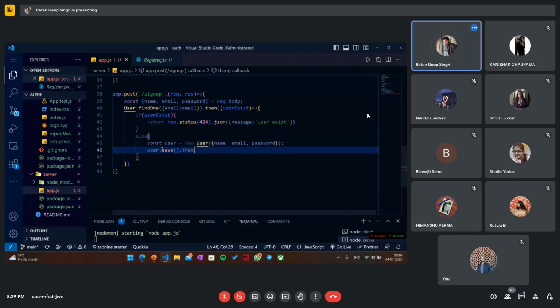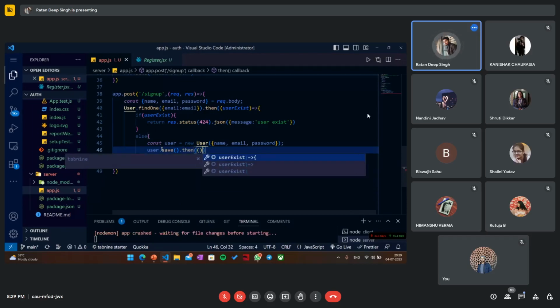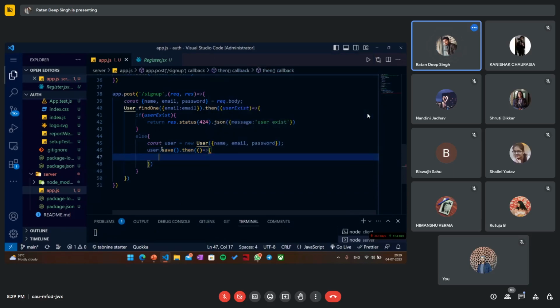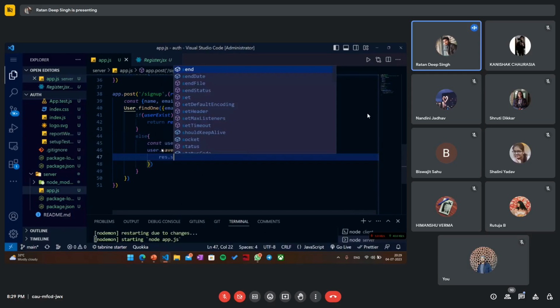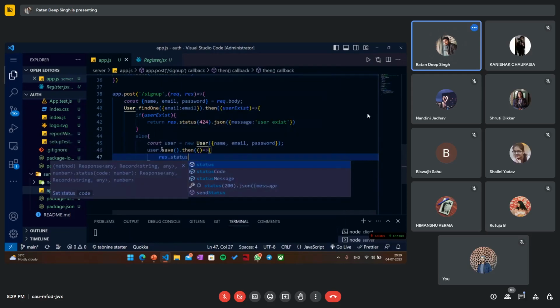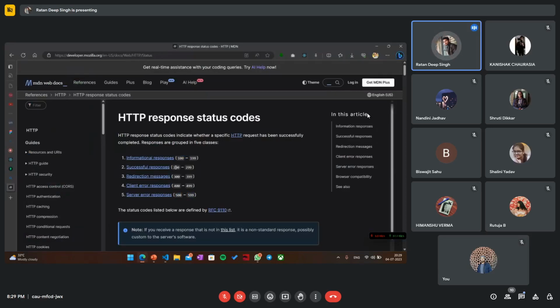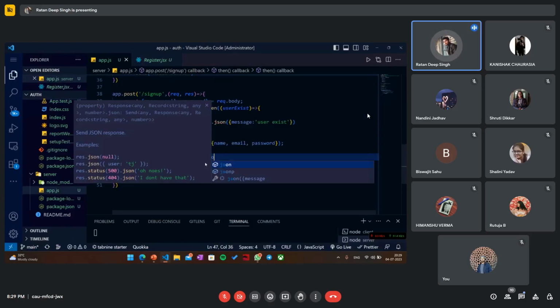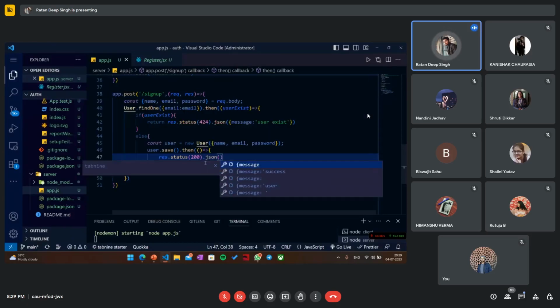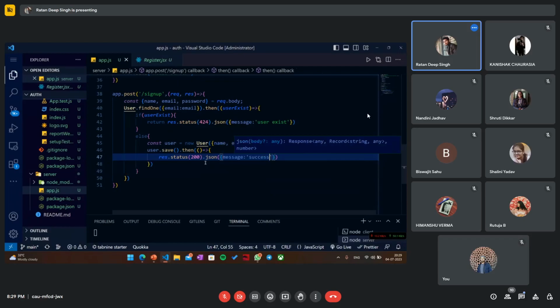So we will go with then, and inside then we will go with the callback function, which will send a response and status 200. We just saw that status codes 200 to 299 are for a successful response, and we will send a JSON message saying successfully registered. Okay,